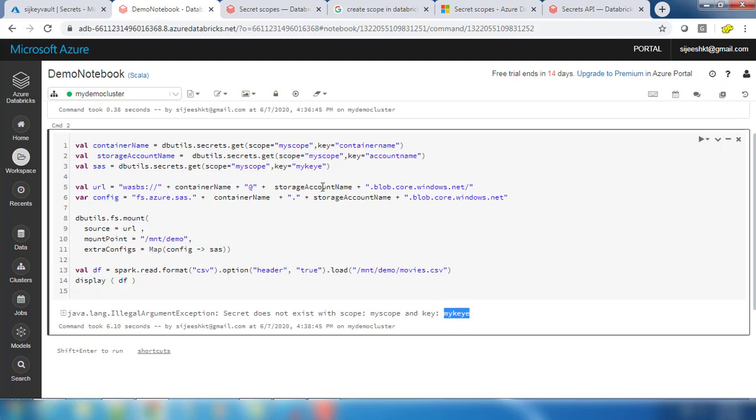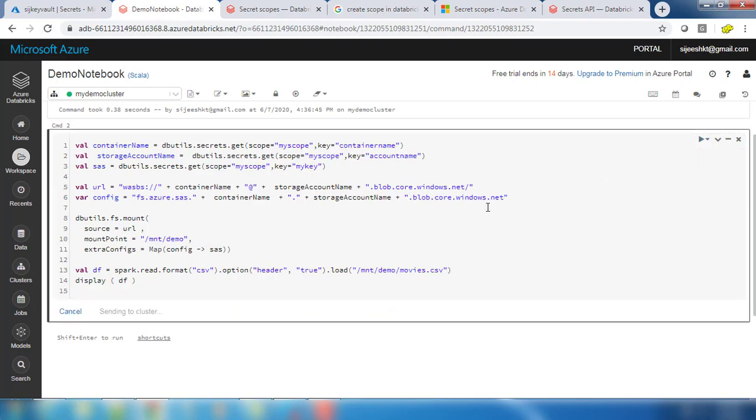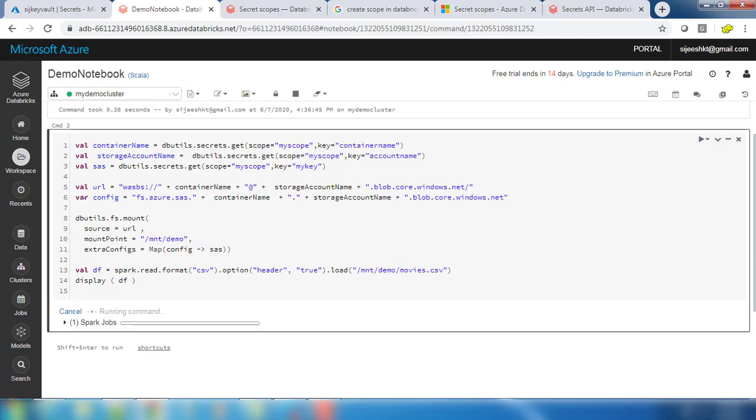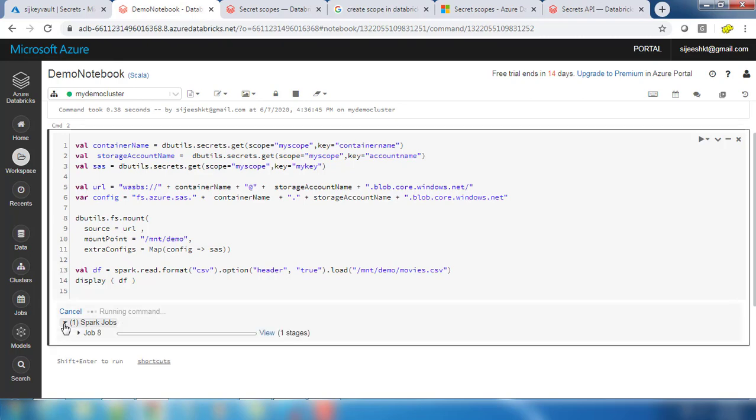That's a typo in the key name. I'll run the cell again. You can see the Spark job is running, so you will have to wait some time for it to complete.